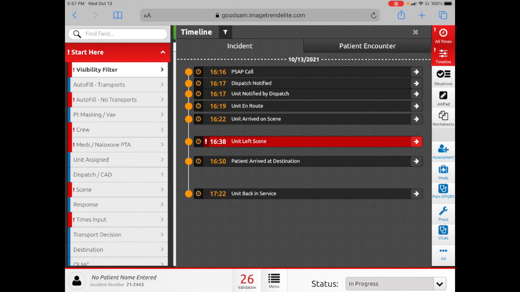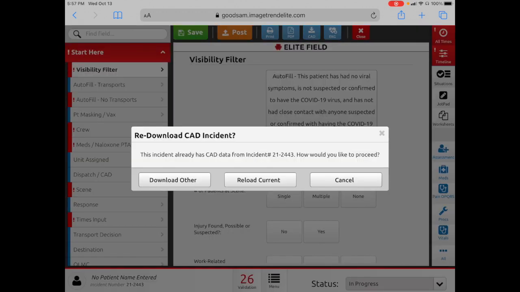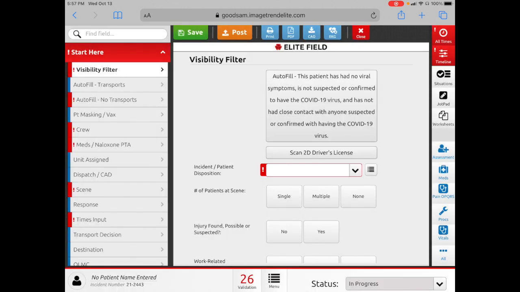Again, this one does not auto update. As I get additional times, I need to hit the CAD button, and then it's going to ask me, do I want to download another incident? So if I accidentally downloaded the engine's times versus the medic's times or vice versa, this is where I could correct that. Otherwise, I'm going to hit reload current, and what it's going to do is bring the most current times into the report. It will also bring in the incident address